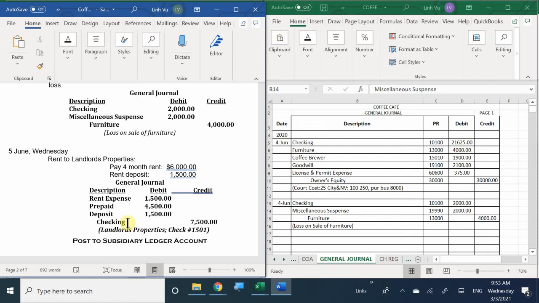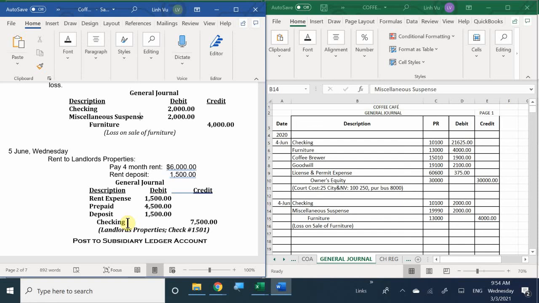Okay? So in this case, it tells me that my rent deposit is $1,500. All right? And I'm buying a total of 4 months rent. So that gives me a grand total of $6,000. Okay? But because I am also paying for one of those months out of the 4 as a current expense, I'm only going to recognize 3 of them as a prepaid expense or prepaid rent. So by breaking down the calculations, right? No matter what, I'm paying 4 months of rent plus my deposit of $1,500 to get me a grand total of